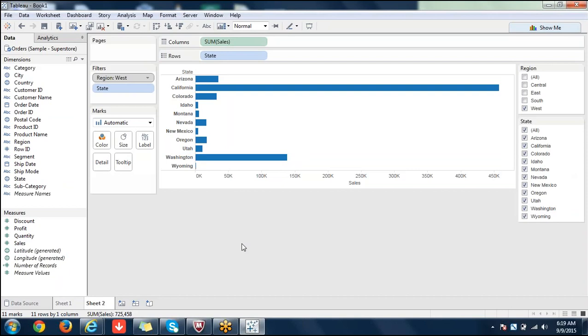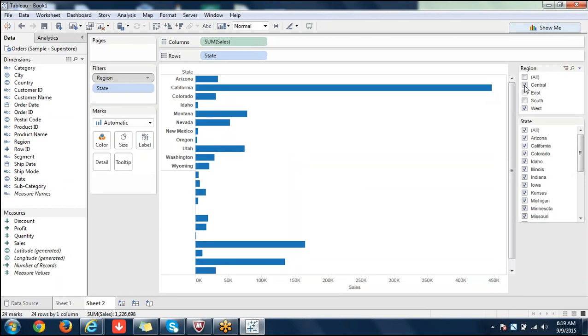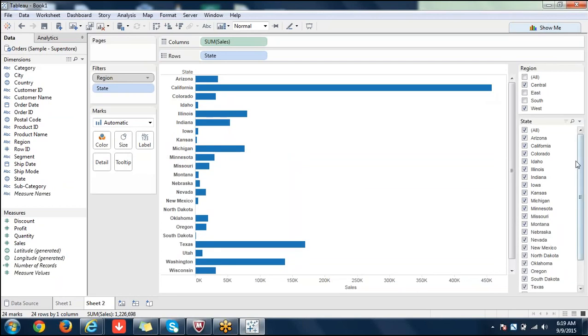The biggest advantage of context filters is that it will improve your performance. For example, now we are seeing only 10,000 rows here. Imagine you are seeing some millions of rows. If you have a context filter like this, as soon as you click on it, millions of rows will be filtered, and you will see only the relevant data in your visualization instead of all the unnecessary data.